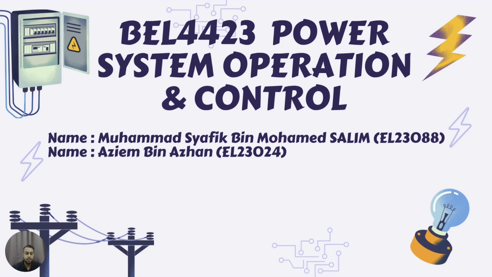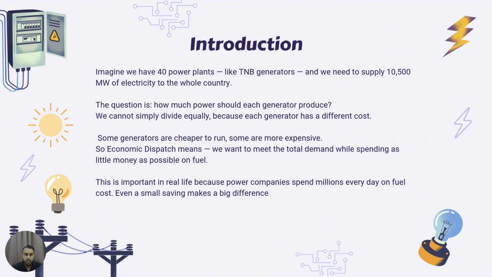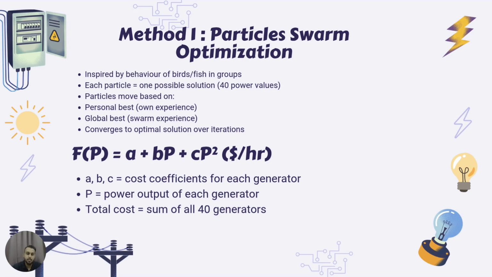Today we are going to present about economic dispatch for 40 unit generations with losses. So we go straight to the method that we use for our project assignment. The first method is